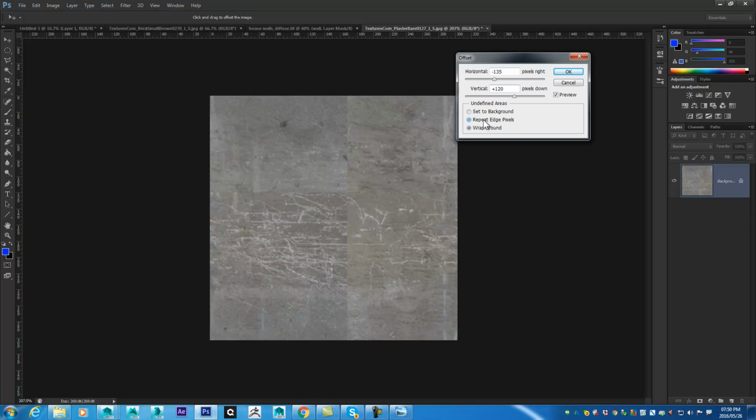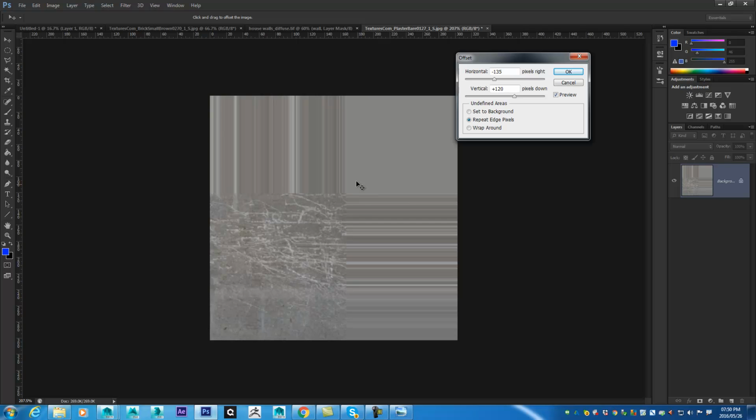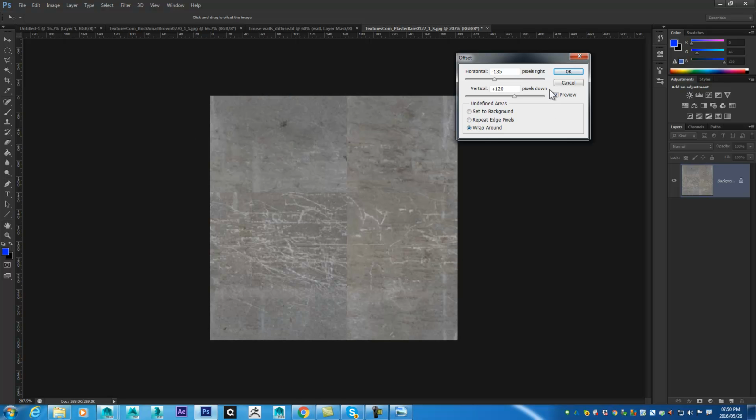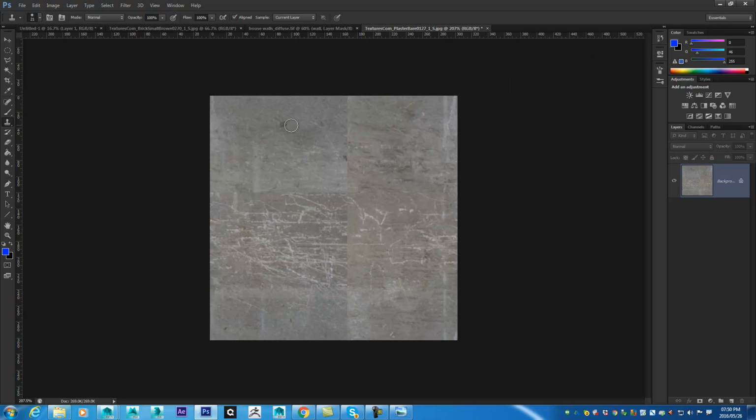If we say repeat pixels, it's actually showing you where the pixels will be repeated from there upwards and sideways. That's just a quick check to see if things are working. If you say wrap, it goes back to the default. I'm going to hit OK, and now we can use the same approach of using your clone stamp, sample some